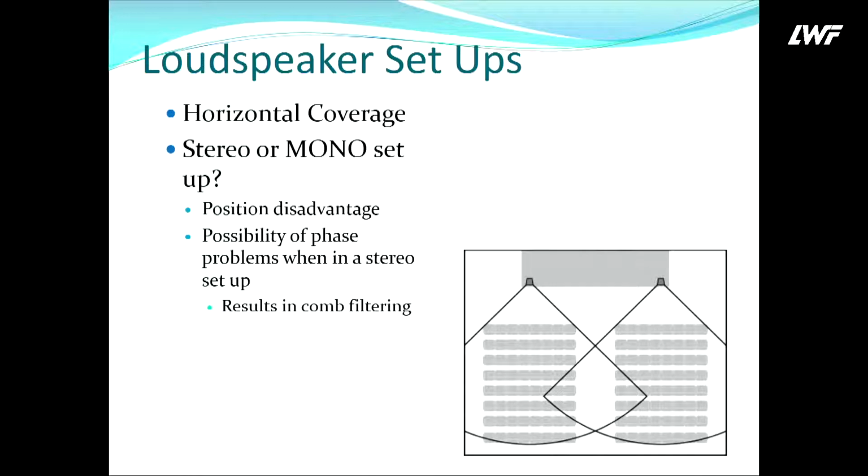Ayan, horizontal coverage, stereo or mono setup. Ang mga disadvantages, ito kasi, ang nangyayari, itong gitna, because dalawang loudspeaker nagsasama eh. In reality, nagkakaroon yan ng plus 3 dB. Diba, dalawa eh. Pag nagsapaw silang ganun, yung 100 dB, pagdating doon sa gitna, there's a possibility that it could be 103 dB. But since it is fringes, and normally, the way it is, especially for speech